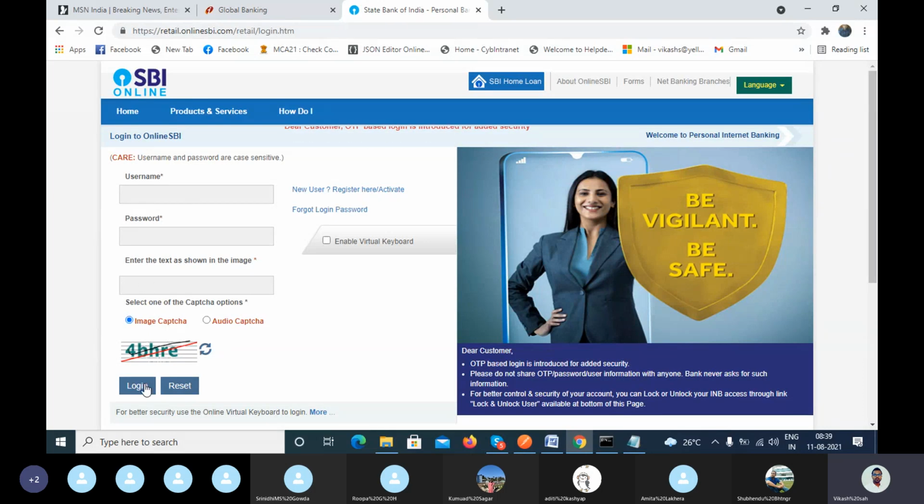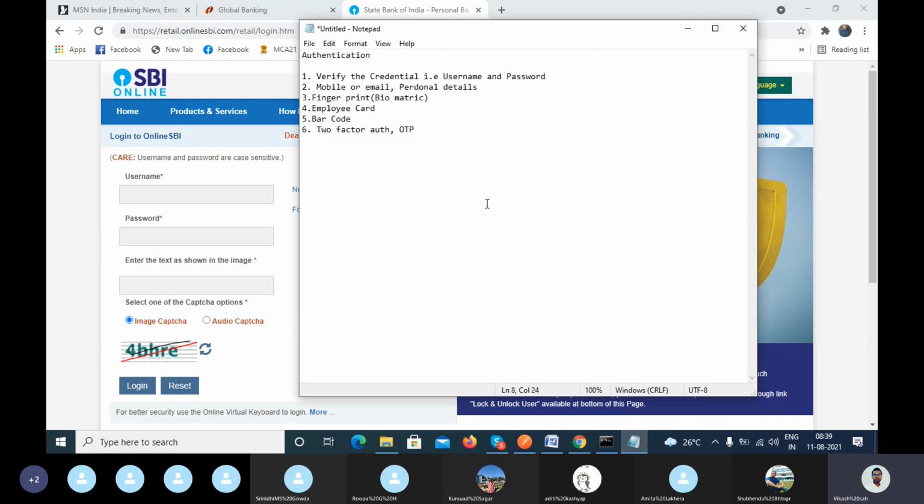Then after login, you will get the OTP page, and the OTP is sent to your mobile. You have to also pass the OTP. So the OTP is one of the ways to authenticate.